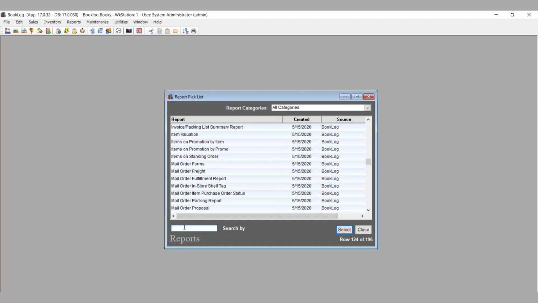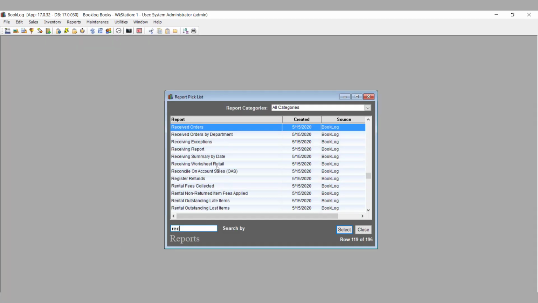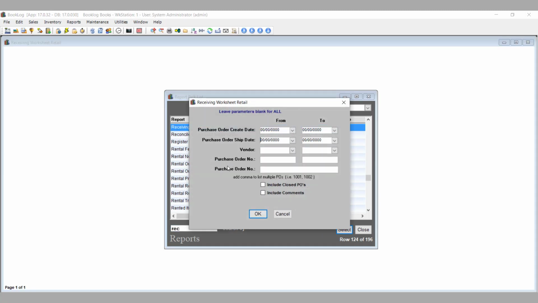The new Receiving Worksheet Retail Report makes it possible to print hard copies of your open purchase orders in a format that makes it easy to count and log what you receive in a shipment. If your receiving process involves unpacking items and reconciling them against your packing list, then entering your receiving counts into Booklog, this report makes it easy to compare what your order quantities on the PO were to what you received